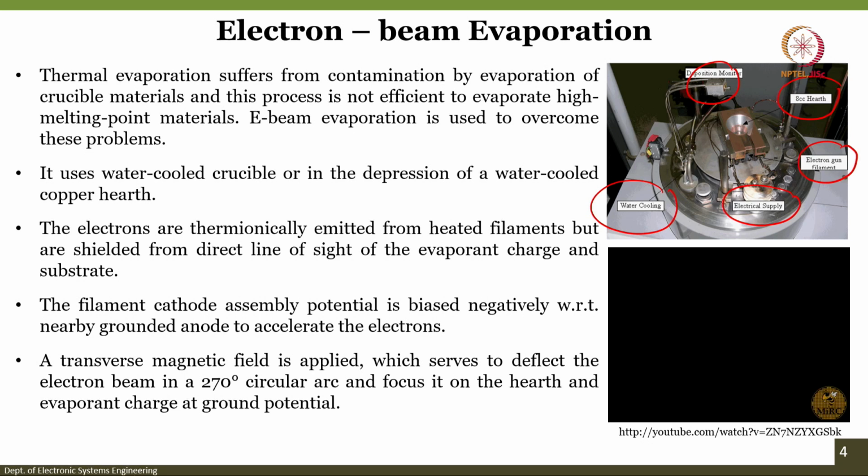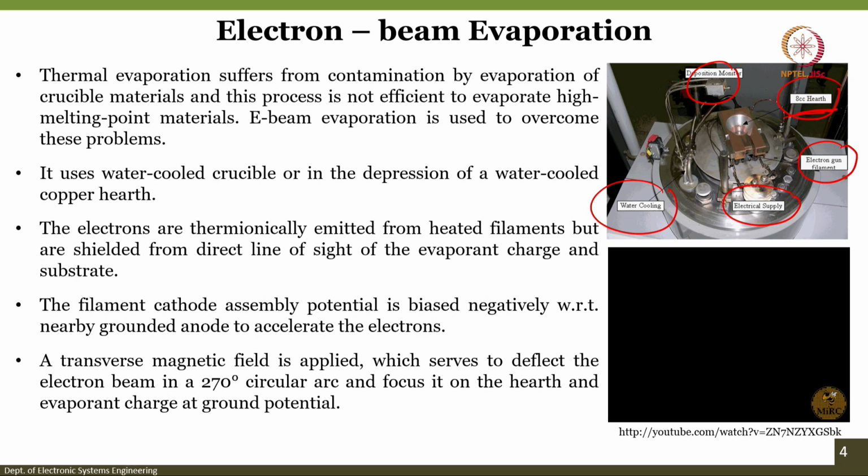Thermal evaporation suffers from contamination by evaporation of crucible materials, and this process is not sufficient to evaporate high melting point materials. E-beam evaporation is used to overcome these problems, and it uses a water cooled crucible in the depression of a water cooled copper hearth, as you can see in this particular case. The electrons are thermionically emitted from the heated filament, but are shielded from direct line of sight. The filament cathode assembly potential is biased negatively with respect to the nearby grounded anode. A transverse magnetic field serves to deflect the electron beam through a 270-degree arc and focuses it on the source,